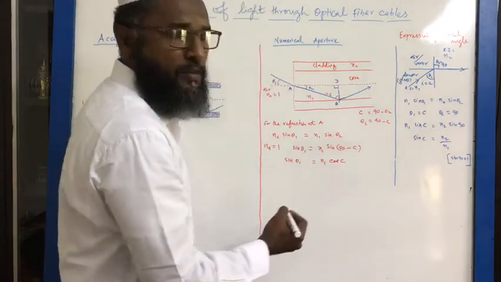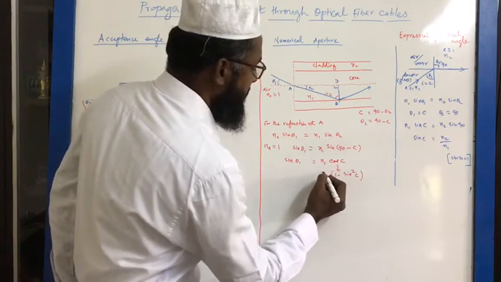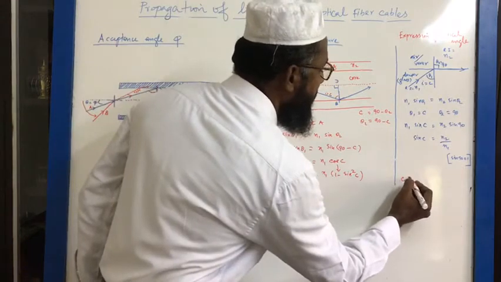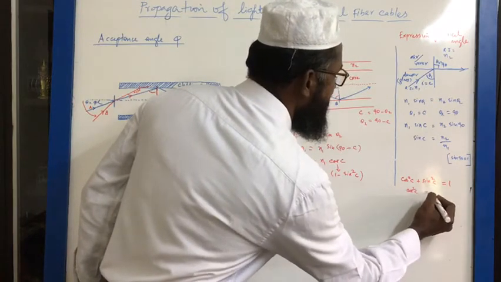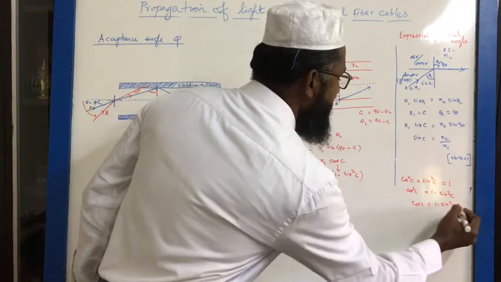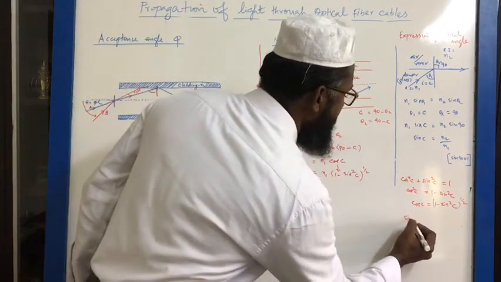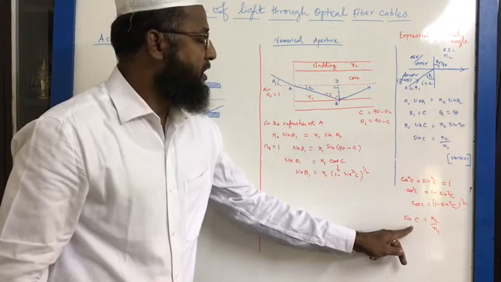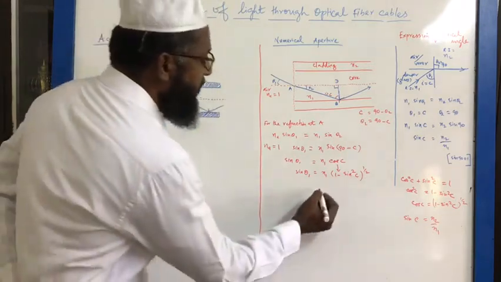now using the other equation. We can have a relationship for cos C, that is square root of 1 minus sine square C. So using the equation sin C is equal to N2 by N1, that is N2 of cladding, N1 of core, we can change this equation